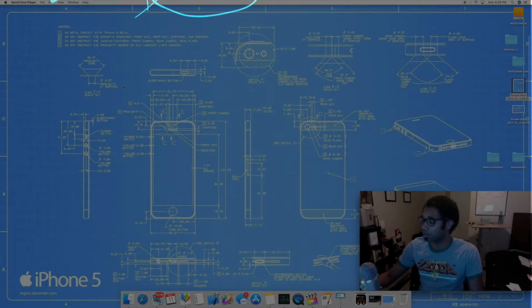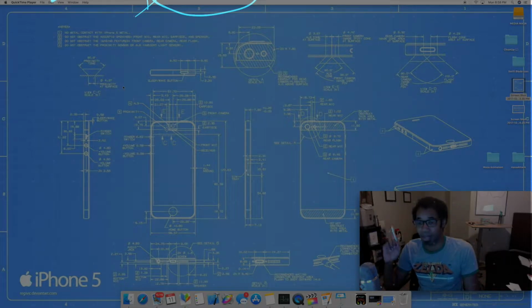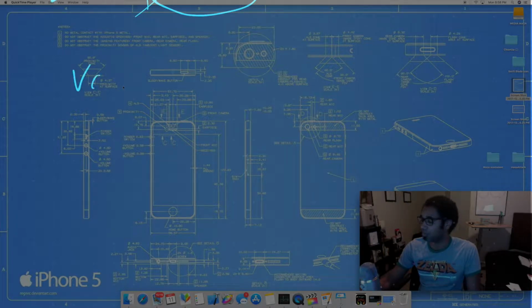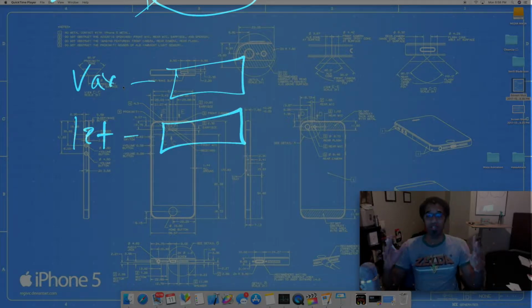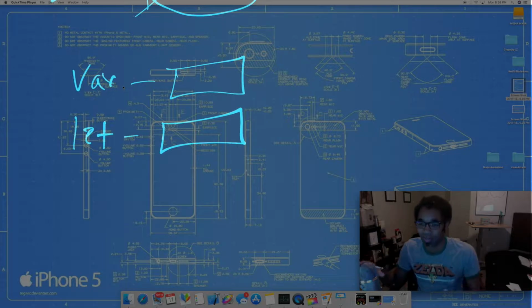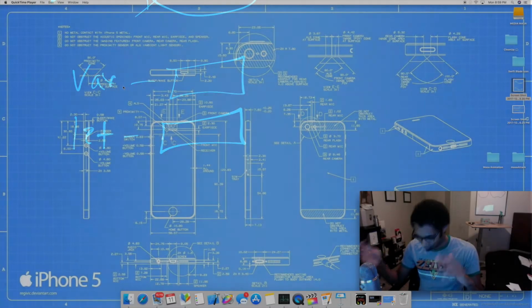Also, we went over in the previous video properties. So properties, we have variables and we have constants, which are represented by var and let. And variables can be changed. They're very flexible, and the constants cannot be changed. Now, there's a reason for this, and I didn't go over this in the previous video, but you could imagine that there are some things that you don't want to change. So